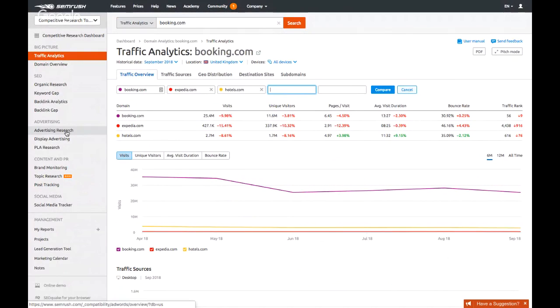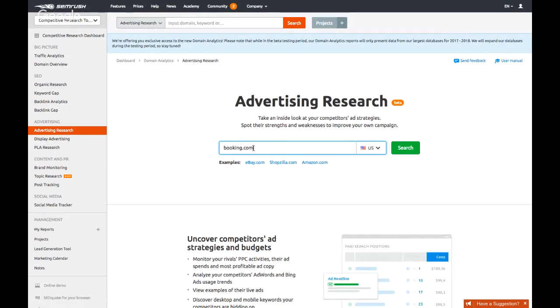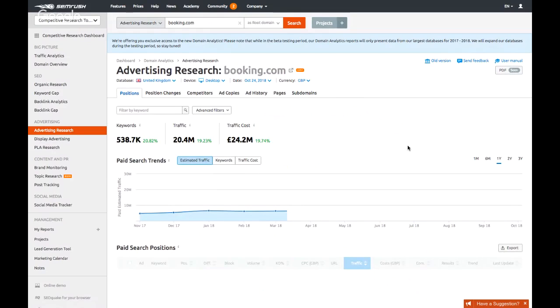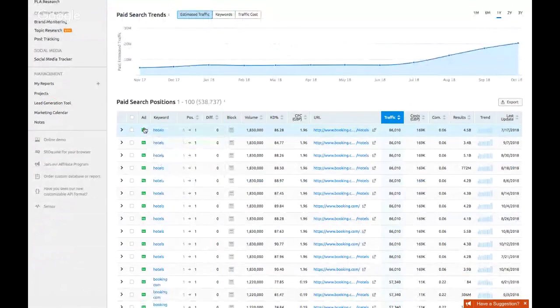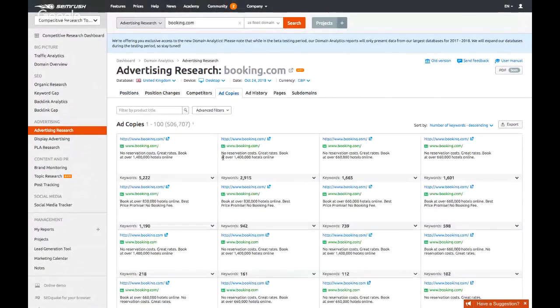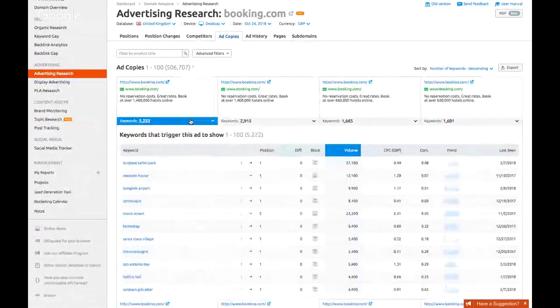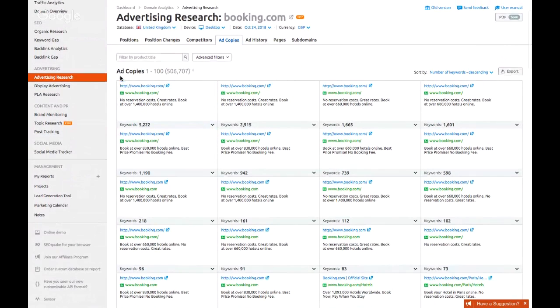We can do it. Just go to the advertising research part in the same toolkit here. Then we type in booking.com. Switch to UK. And again, we see the traffic that they have, the keywords they use, the ads that they use, and all of these analytics. So a full list of ad copies that they've tried with the keywords connected to these ad copies. I don't want to pay a lot of attention on this part of SEMrush because it's not a new one. Just keep in mind that